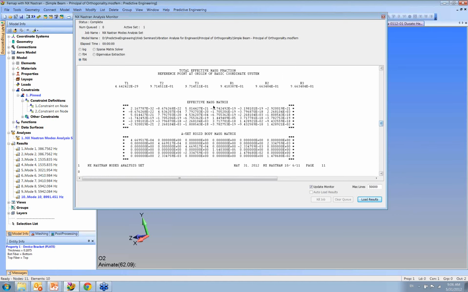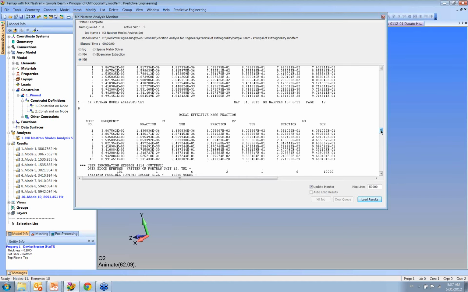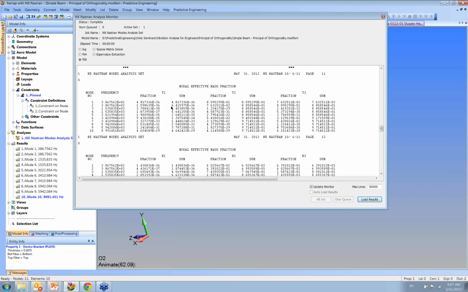It says that here in T1 we have near 0, and that's going in the x direction. And T2, which is vertical, look at this, you're at 97% of the mass. And likewise T3, which makes sense. Remember, I only asked for 10 modes on it, and so it's just not picking up anything actually moving down the axis of the tube. But of course, since it's bending, because it's pinned, look at it, it's picking up 97%. And here, if you squint your eyes and try to read, you can pick out your fraction and your sum. It's a bit hard.